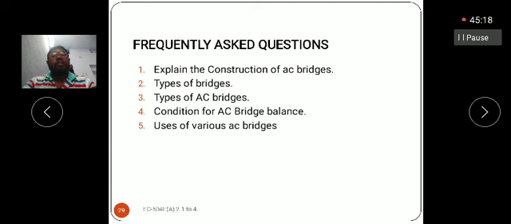These are the ways of asking questions in the examinations. And also, what is the main difference between the AC bridges and DC bridges? Generally in the AC bridges the supply is alternating current, and both AC bridges and DC bridges are used for measuring unknown components like resistance, inductance and capacitance. But when we use the supply in the form of DC, it is called a DC bridge. This is the main difference between AC bridges and DC bridges. This is the explanation about this topic.